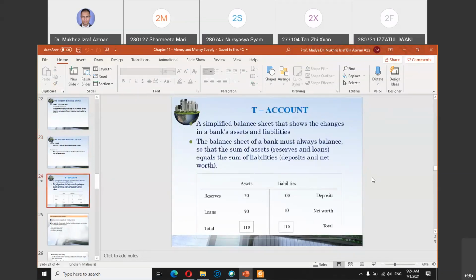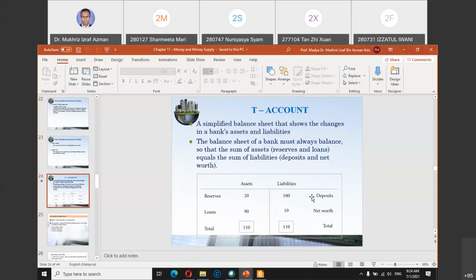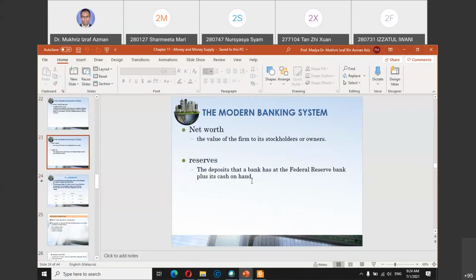This is similar to the slide just now from the other slide, where you have the balance sheet. Liabilities come from deposits, assets come from loans. Loan and reserve: the reserve is the minimum money that every bank needs to keep, kept in the central bank and also some as cash in the bank itself. This is only for emergency purposes.